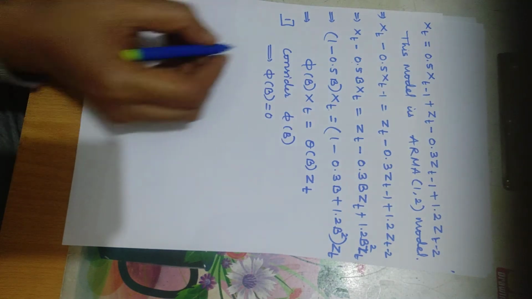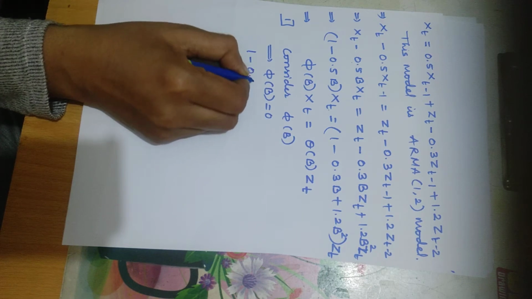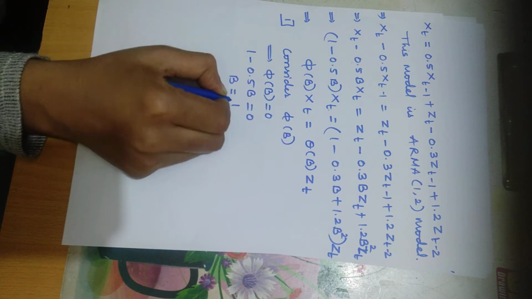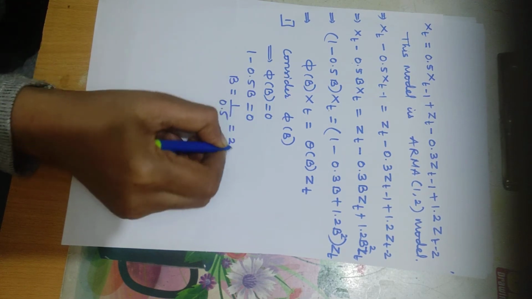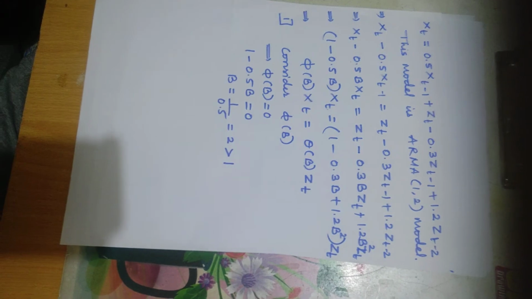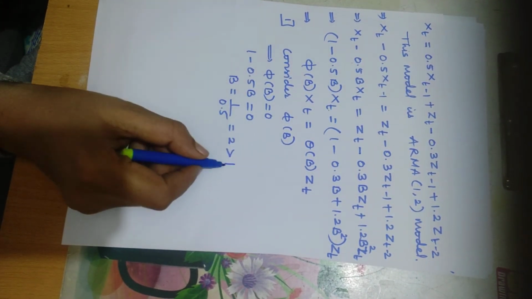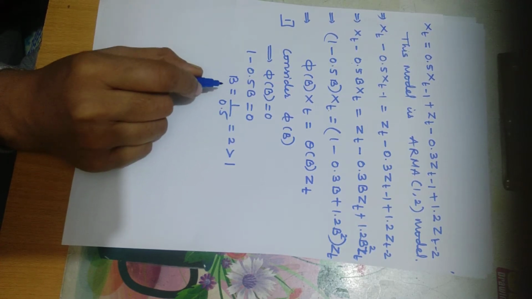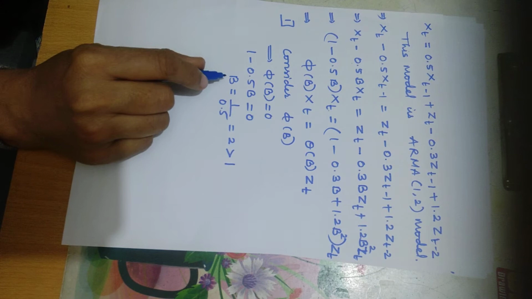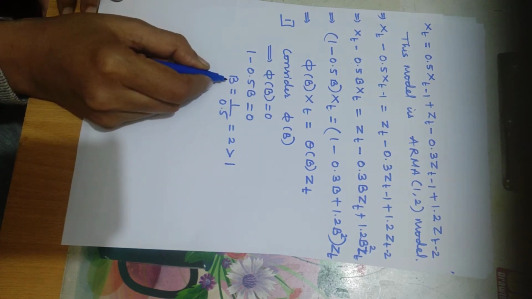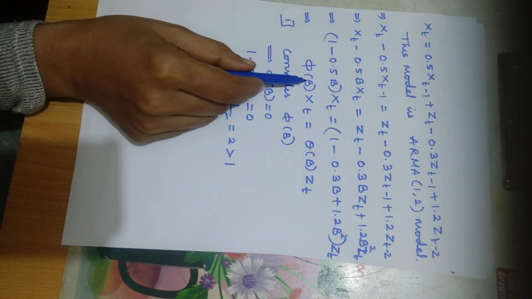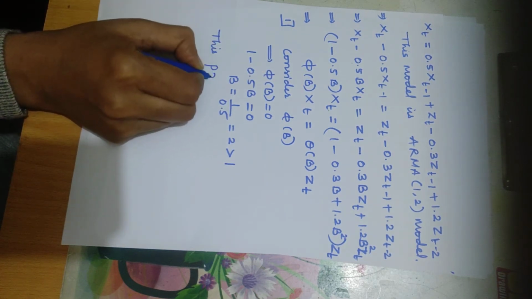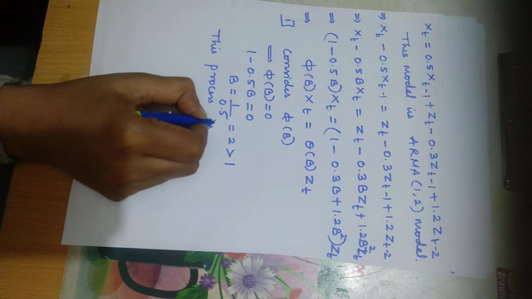Solving this equation, phi of b is nothing but 1 minus 0.5 b equal to 0. So here b is equal to 1 upon 0.5, which is equal to 2, greater than 1. Some of the books use z instead of b. So as per the definition of stationarity, if the roots of phi of b are greater than 1, then that process is called a stationary process. So here this process is stationary.